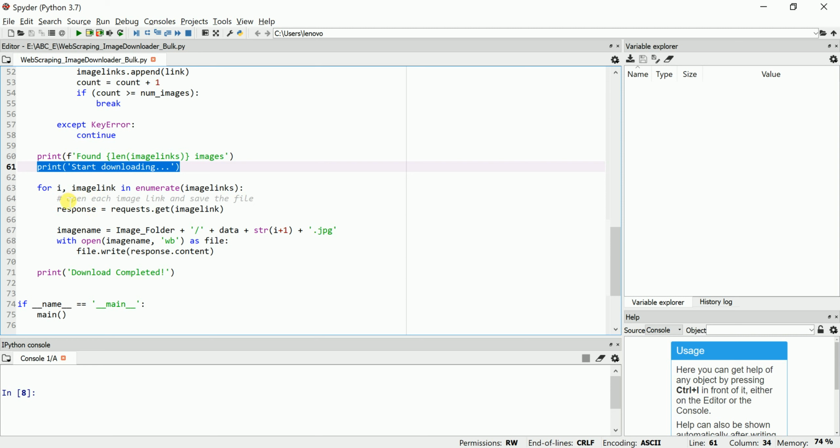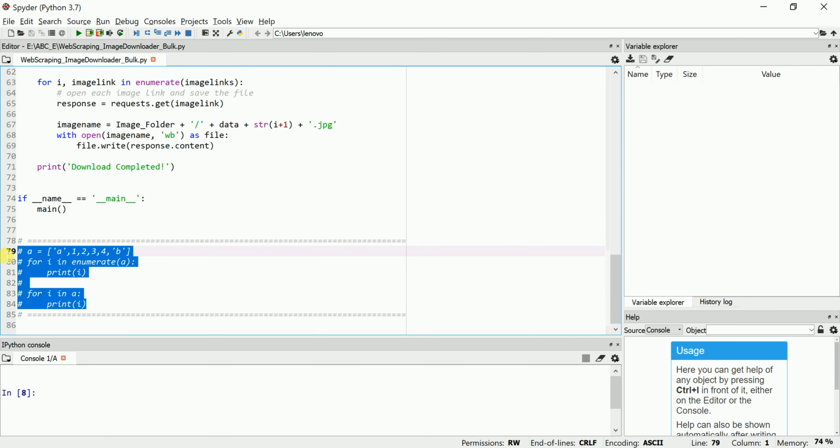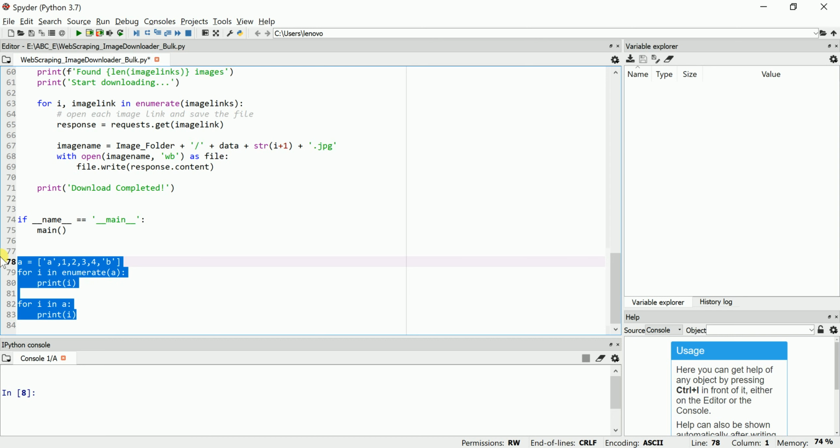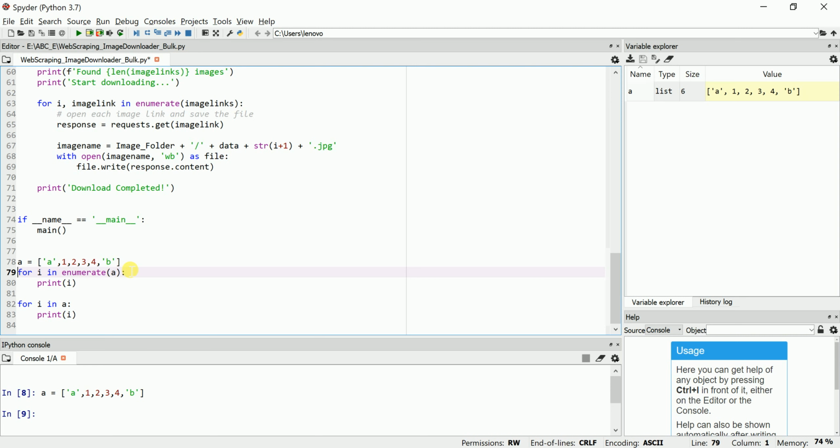Here I am writing a loop to take out the index number and the value using the enumerate function. I hope everybody knows how the enumerate function works. I'll quickly give you an example. You can see I have a list, say A, 1, 2, 3, 4 and B. Let me run this.